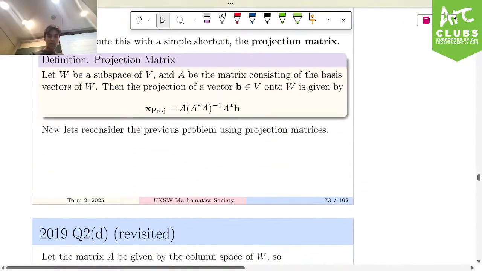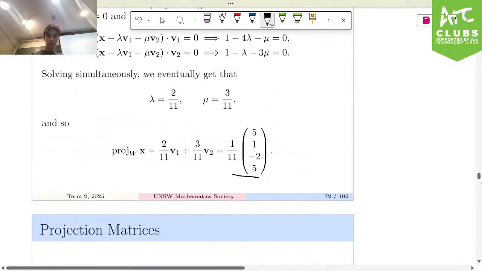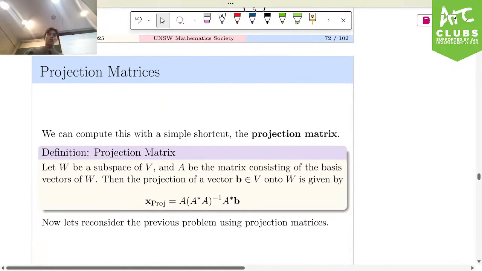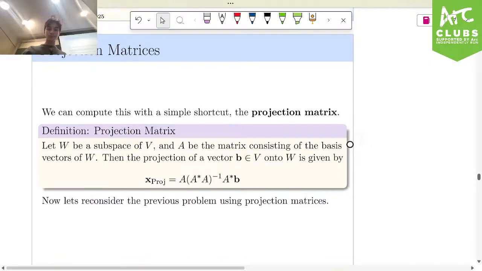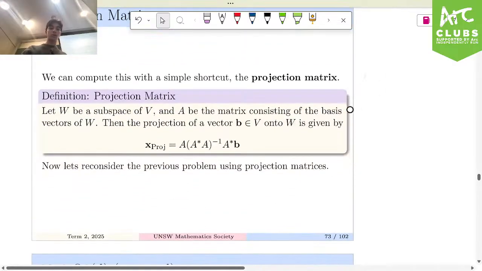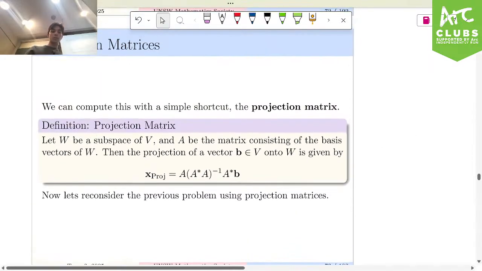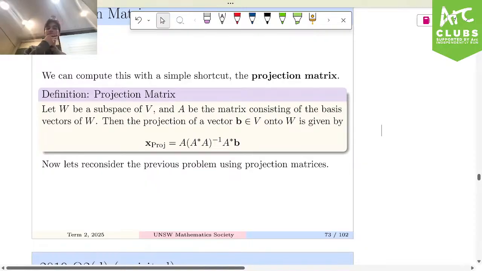And we do get the same result. Lovely. But you can actually perform a shortcut for these computations using matrices, right? The reasons for why this formula works will be explained a bit later. But